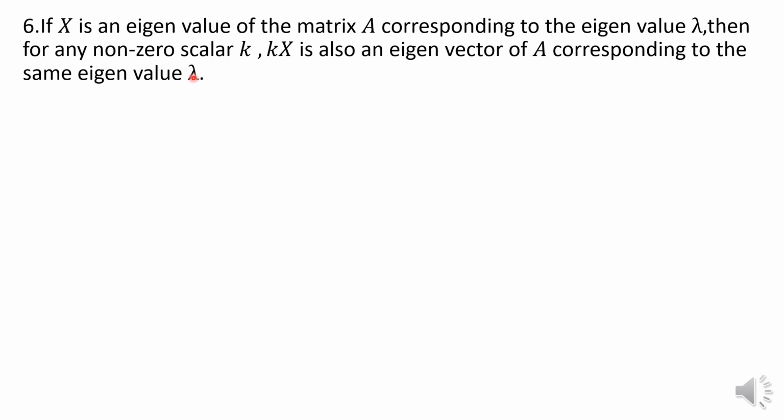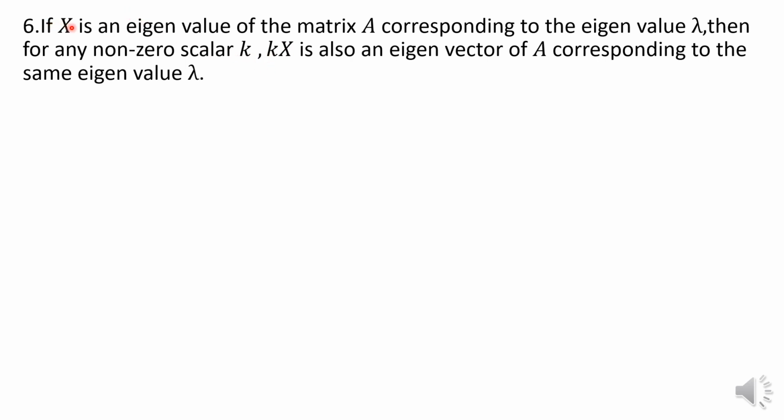The meaning of this is, for a single eigenvalue, we can find an infinite number of eigenvectors. This property we have seen in the previous property. There we have stated that the eigenvalue is unique, eigenvectors are infinite. Here also we are stating the same, analogous to the previous property.